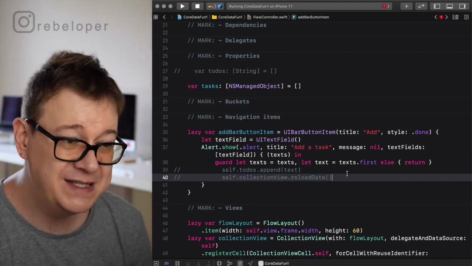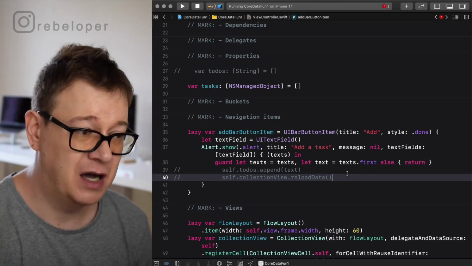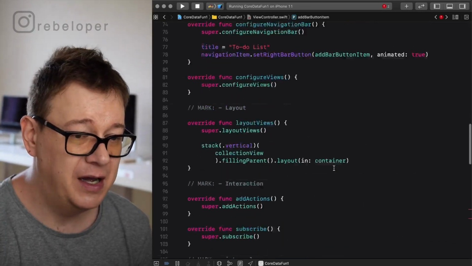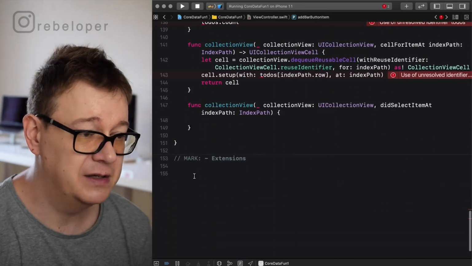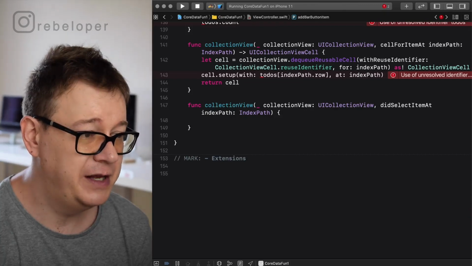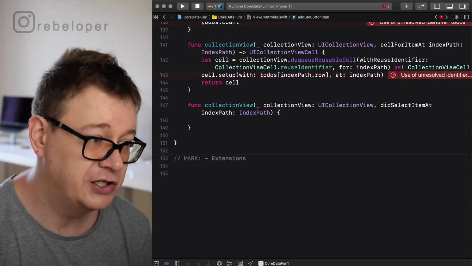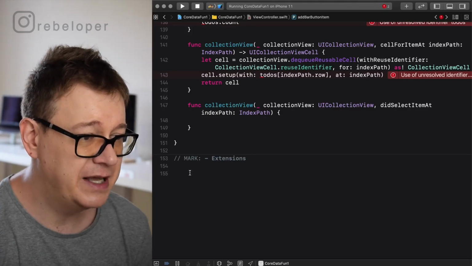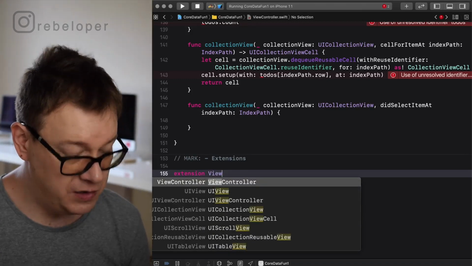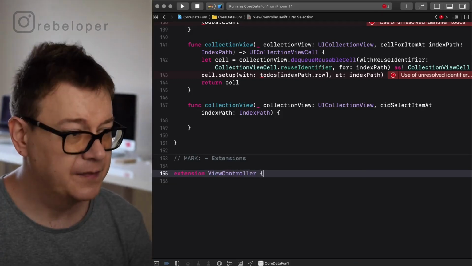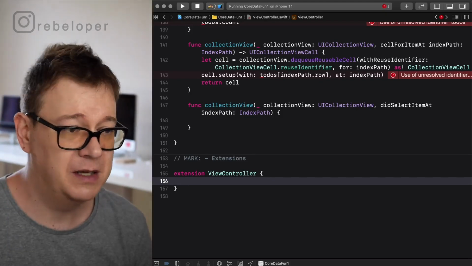Well, we want to save our managed objects. We want to save a task. So for that, I have created here, or let's just create it right now, because I can see that it's not over here. So we want to have a save task function. So we are going to do that in an extension. So extension ViewController,